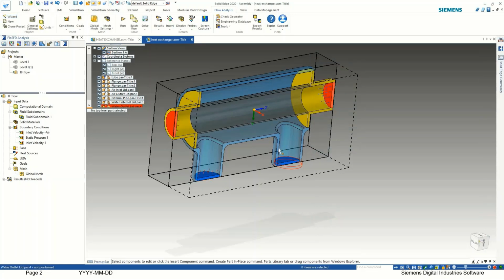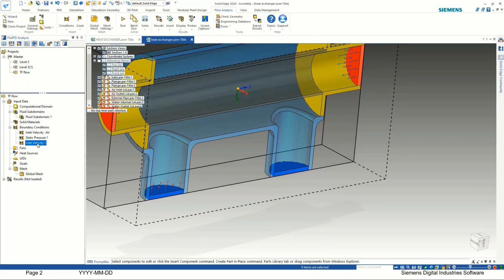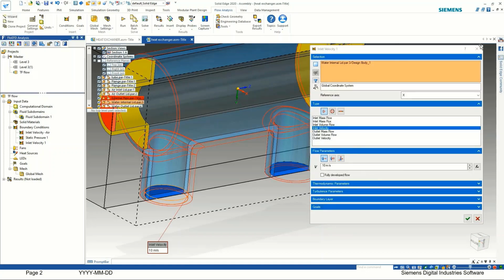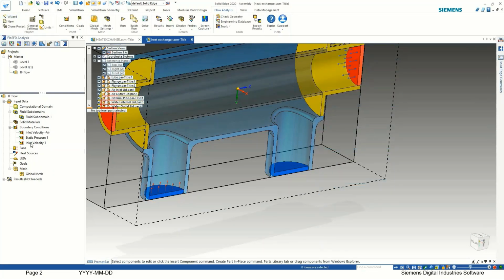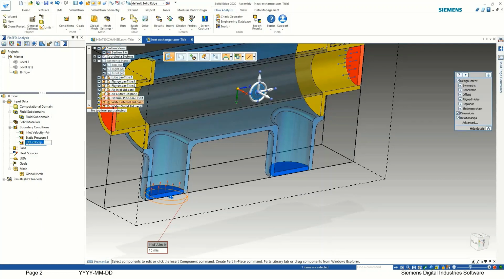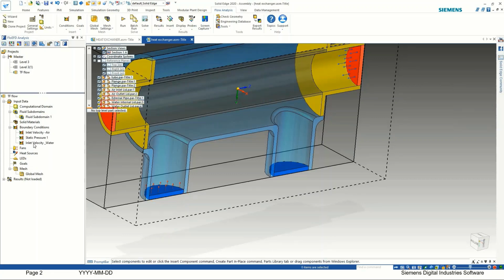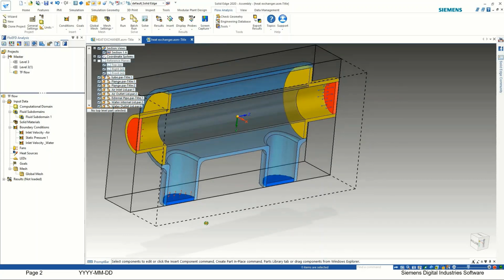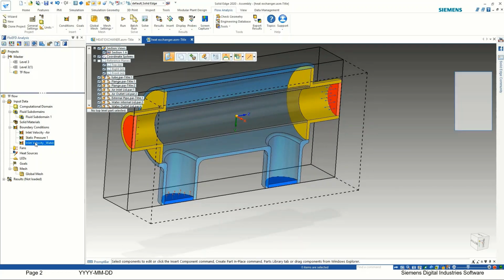So the benefit of applying inlet velocity is that we know the inlet velocity that should be there, and to achieve this much inlet velocity, what should be the pressure. So this kind of question can be solved during this whole analysis. You can see the thermal behavior as well as how much force or pressure, or you can say your pump rating, should be there. So you can calculate these factors also. So you are not solving for finding one answer, but you are finding multiple answers because of one single setup.